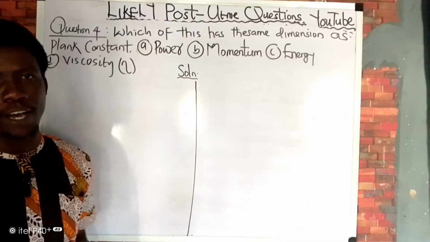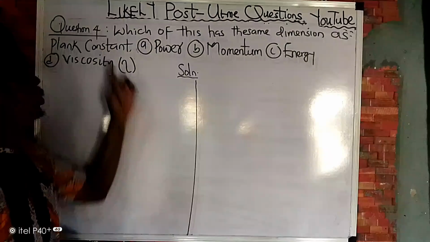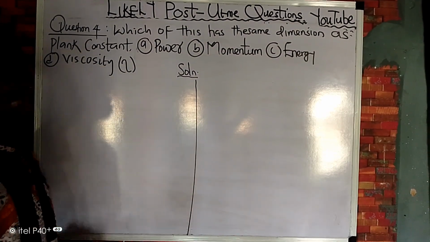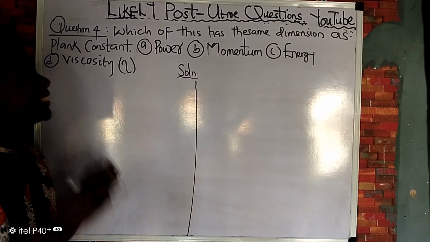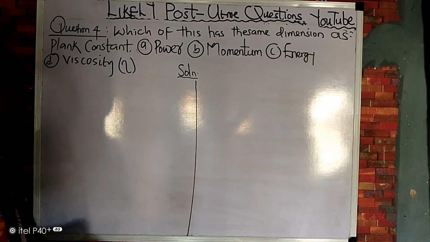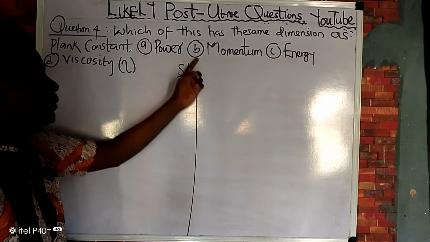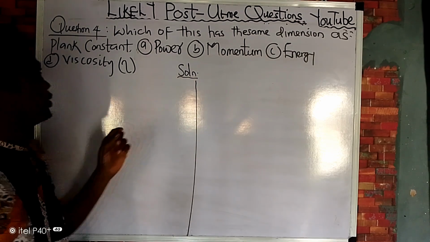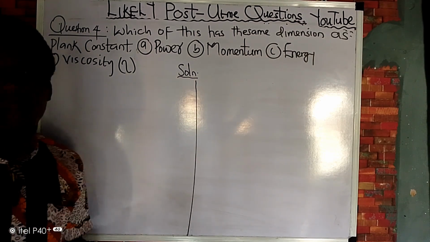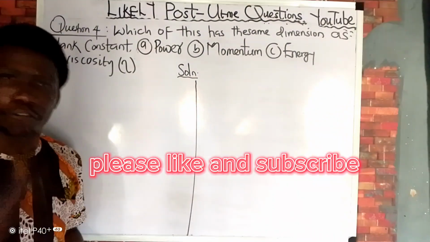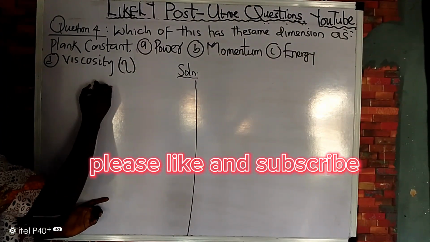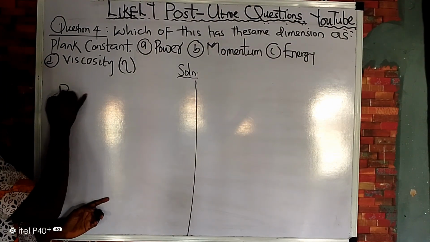Take question number 5. According to this question, which of these has the same dimension as Planck constant? A, power. B, momentum. C, energy. D, viscosity. How do we know the dimension for Planck constant? First of all, you must understand that your Planck